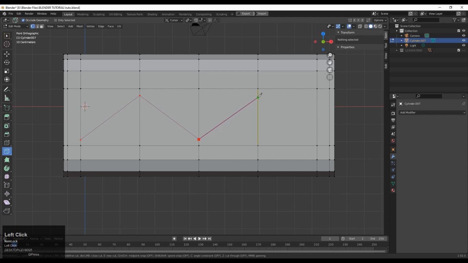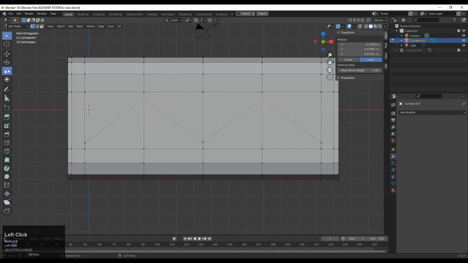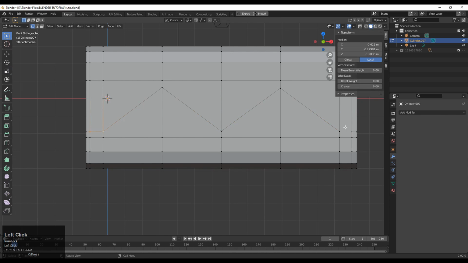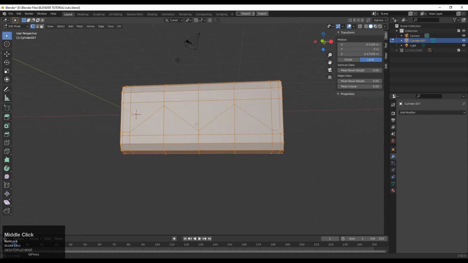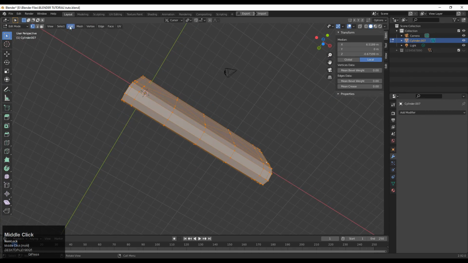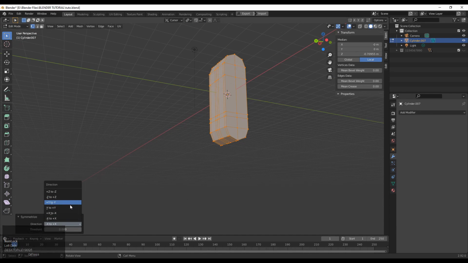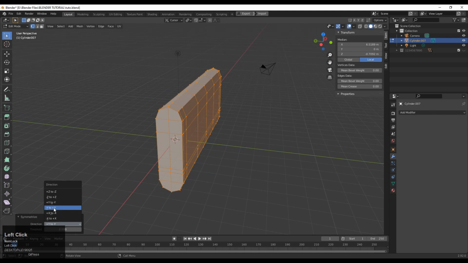So select the first point, select the second point, select the next point, and press Enter to finish that operation. And you can see I have created quads there. I didn't use triangles. So just select these vertices and scale them along the Z-axis, and then select these vertices and scale them along the Z-axis, so they will be at the same level. And then add loop cuts like this and select these vertices and then right click and then connect vertex path. And in this way you can create a quad based topology, so you will maintain good edge flow and you won't face any weird results, which we always face with n-gons or triangles.